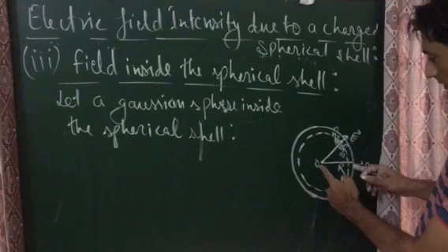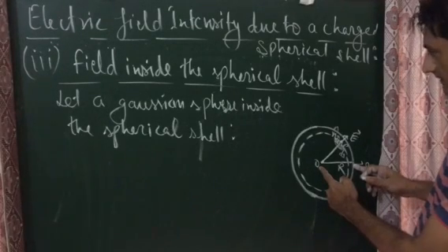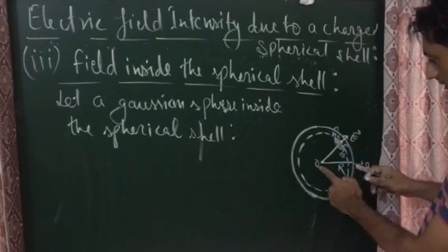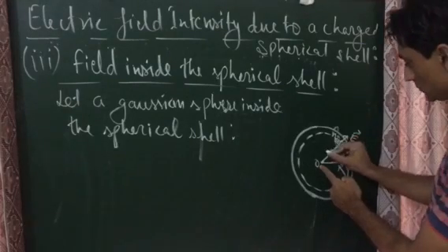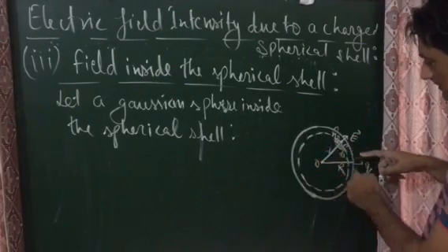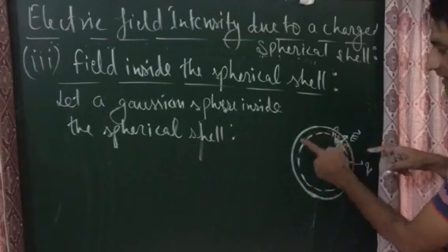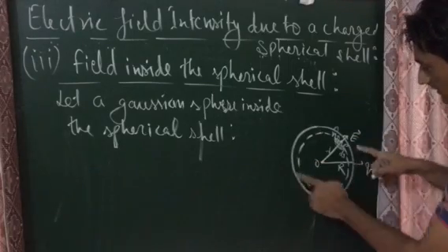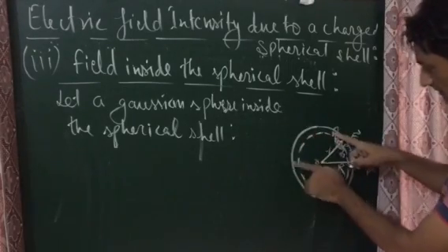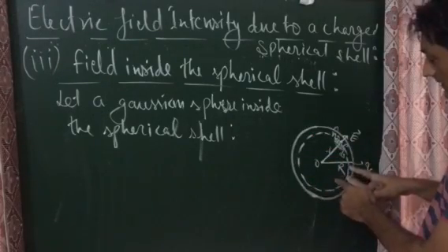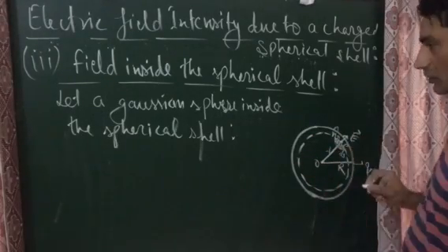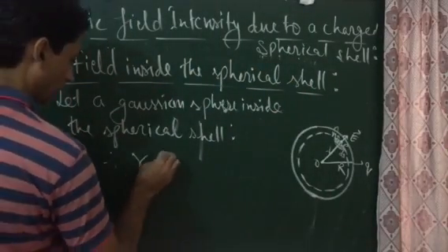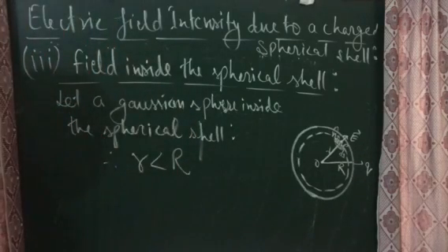So यहाँ पे आप देख रहे हैं जो रेडियस है जिसके ऊपर चार्ज डिस्ट्रीब्यूटेड है वो कौन सा है, कैपिटल आर. एंड इनसाइड द स्फेरिकल शेल जिसको कंसिडर किया गया है गॉसियन सरफेस जिसके ऊपर चार्ज डिस्ट्रीब्यूटेड नहीं है. चार्ज कहाँ है? आउटसाइड दिस स्फेरिकल शेल. गॉसियन सरफेस के ऊपर चार्ज नहीं है. इसका जो रेडियस है वो क्या है? स्मॉल आर. सो हियर therefore small r is less than capital R,